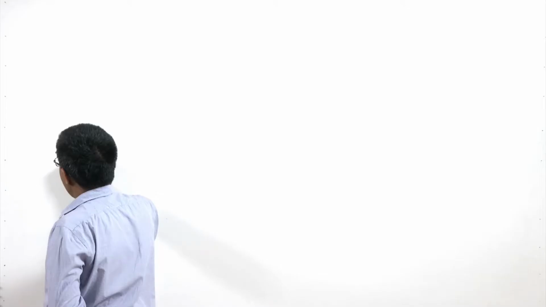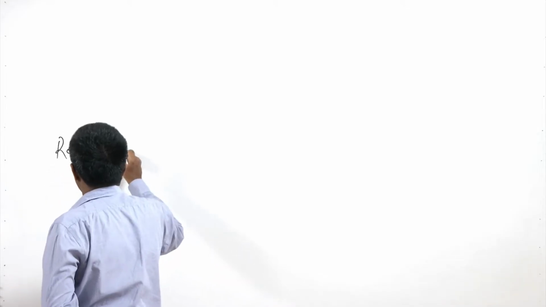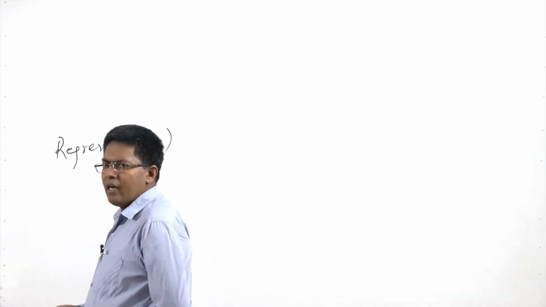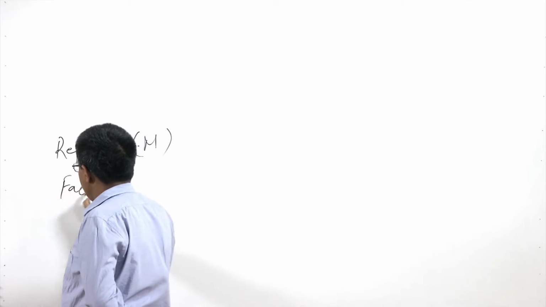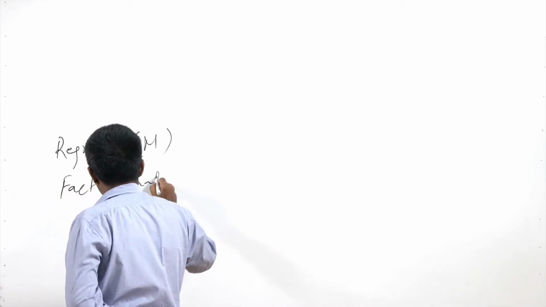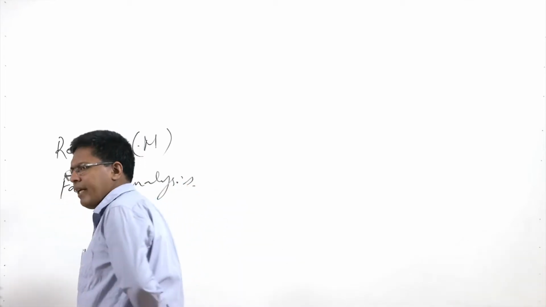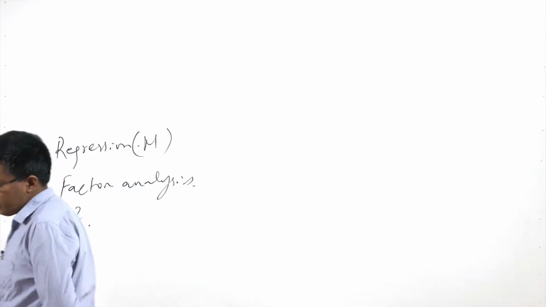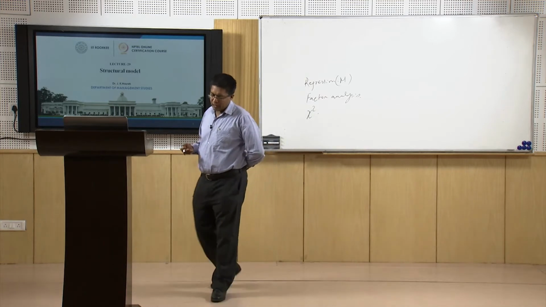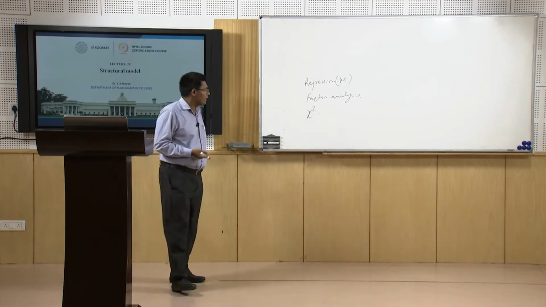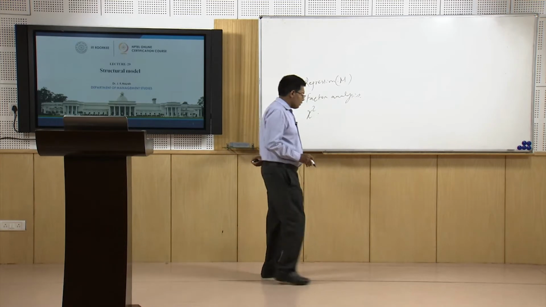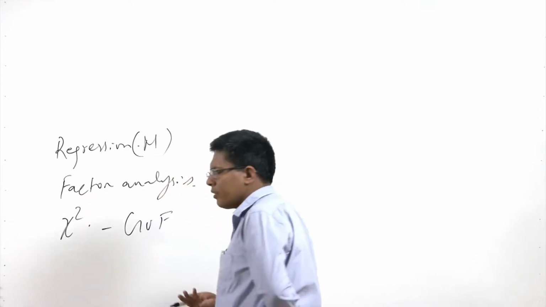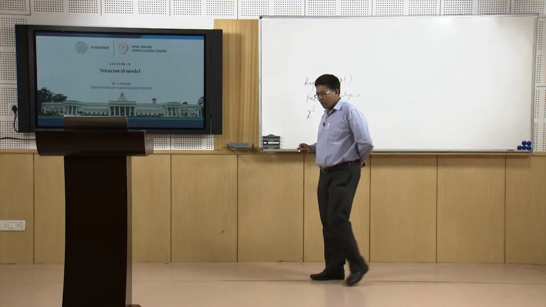Basically the three are multiple regression, factor analysis, and the third is the chi-square. These are the three statistical measures that are highly used in structural equation modeling. The chi-square talks about the goodness of fit, the goodness of fit index. So, it tells about